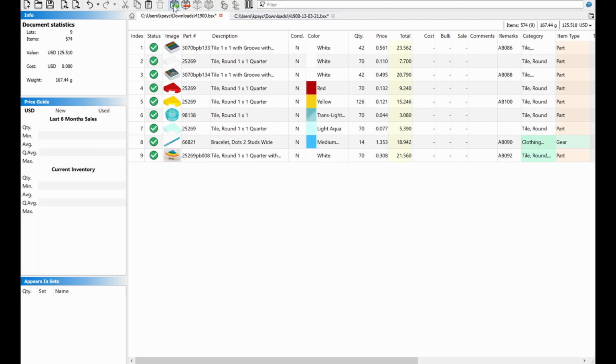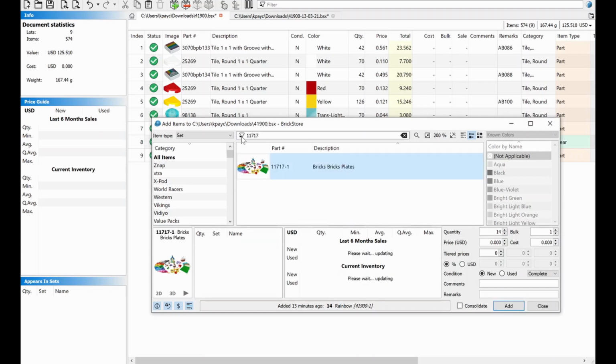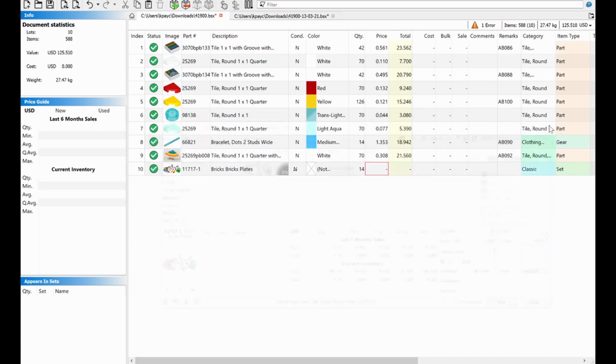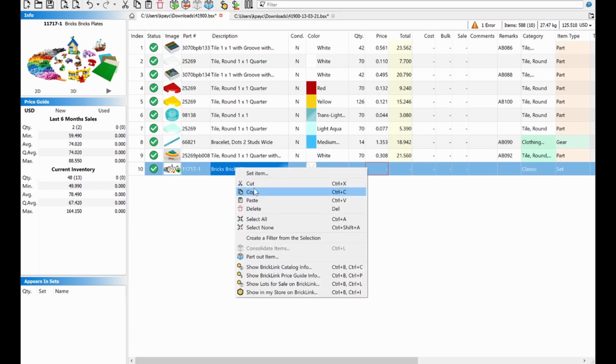I found this particularly useful when I was uploading the 1500 lot set, or 1500 part set from Walmart, the, what was it, 11717. So add that. So we've got this set right now. Actually, I'm going to put this in a different cut,